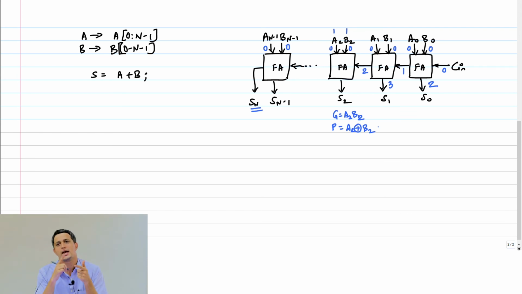On the other hand, if G happens to be 1, then I can say that from this stage onwards, everything can just evaluate with that generate signal. I don't have to wait for the carry in. This is the idea, the intuition behind creating these intermediate signals: generate, propagate, and delete. Of course, if An and Bn happen to be 0, 0, what happens to the Sn? Obviously, it's 0. It has simply killed the carry. It doesn't have to wait for Cin to propagate all the way.